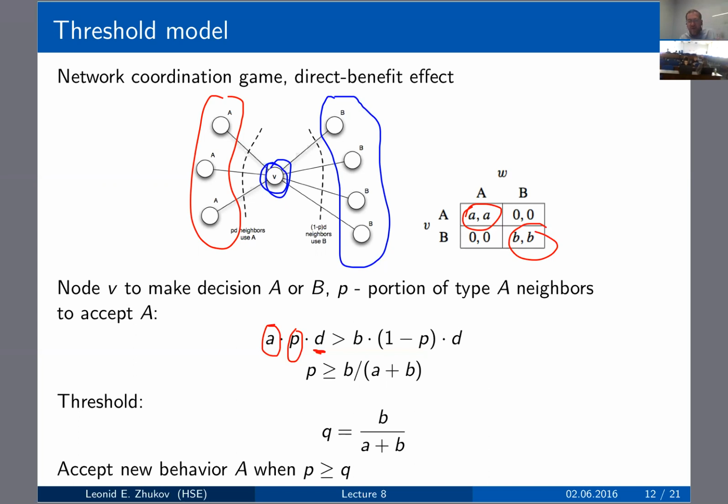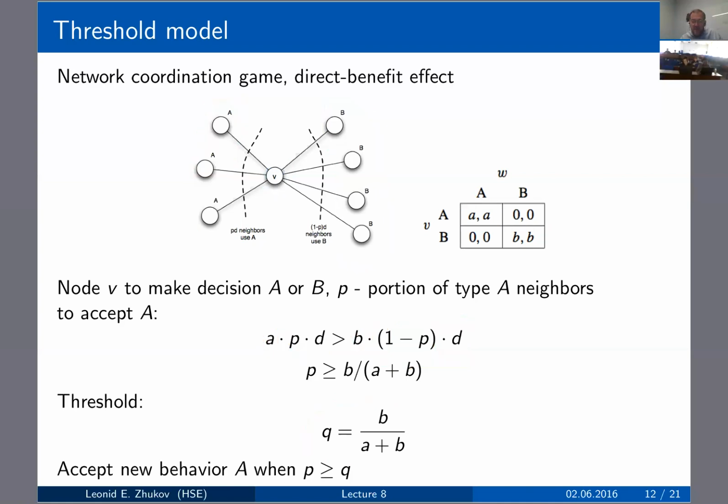If I want to switch to strategy A, what I need is for A times B times D to be greater than how much benefit you're getting from switching to B times the proportion of friends you have in B times the total number of friends. So this is the total friends you have in B. And that dictates a threshold. So here, for example, it's a threshold for switching from one strategy to another